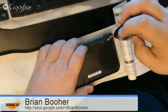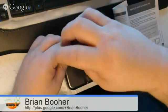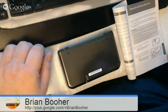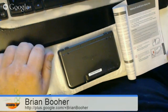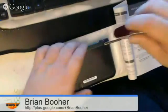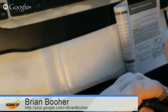Something's not right. It's clicking at me. Okay. Use the nub at the end of the stylus. Gently pry on the small slots on each end. Okay. Did it even turn? Oh, there we go. Okay, this is already...